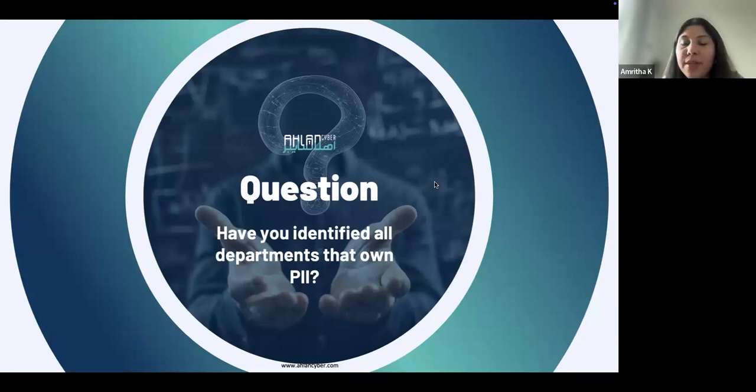Yeah, there is one question regarding how Sadaya can ensure that all organizations will comply with PDPL. Correct. So Sadaya will be overseeing the implementation of the programs within all the organizations, and that's the reason they